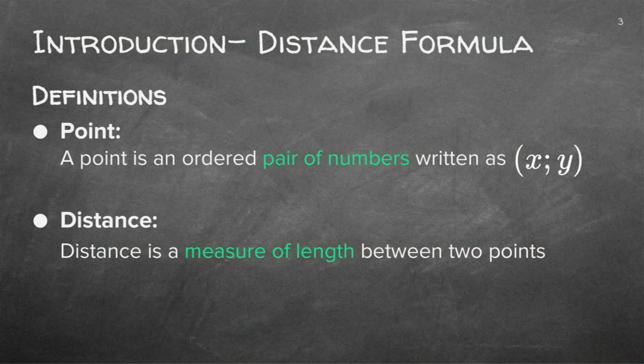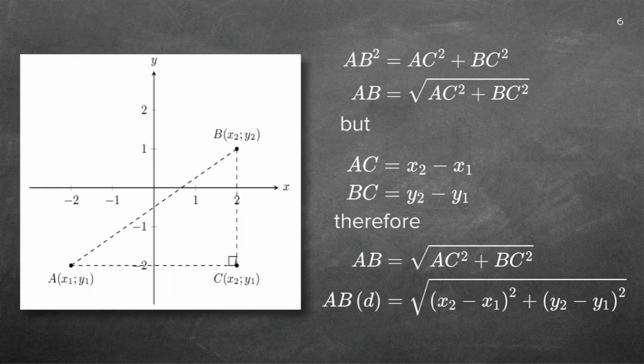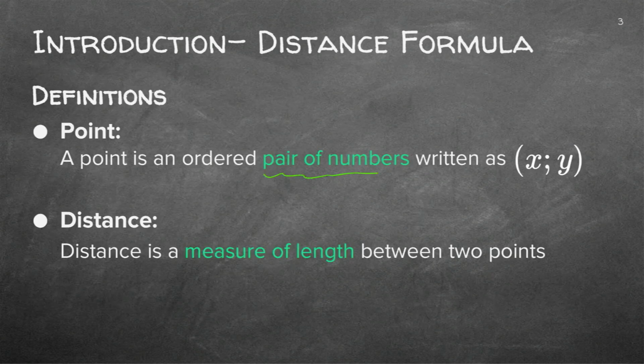Firstly, a point on a Cartesian plane. If you go anywhere on a Cartesian plane, you can describe that point by an x and a y value, an ordered pair. And we say ordered pair because x comes before y in the alphabet. So you must make very sure that you never swap those two around. It's a pair of numbers, but the most important thing is it's an ordered pair. x comes before y in the alphabet. So that's why when you put it in a bracket and write the coordinate down, it's always (x, y).